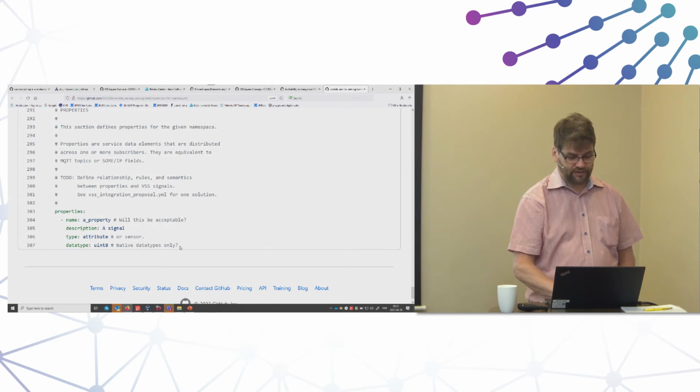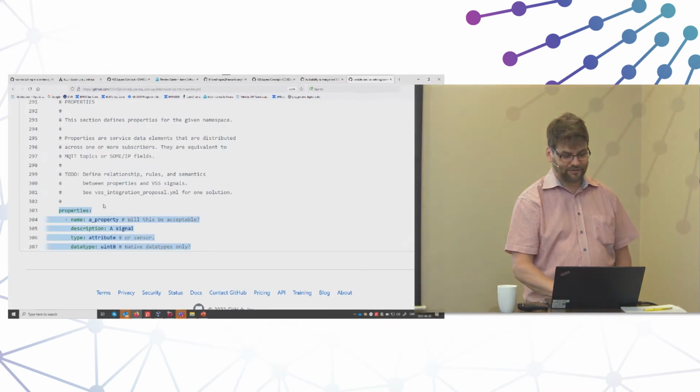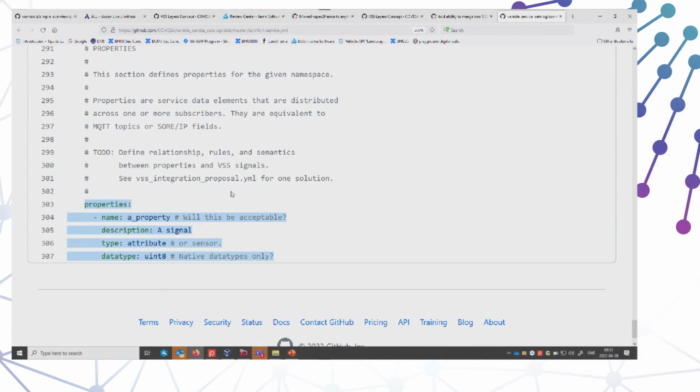And finally, still up for discussion here, you can see a bit of question marks, VSC intends to support properties as well, where you can have this attribute, sensor, these types of things too, so that theoretically what you have in VSS, a VSS model, could be fed into VSC. Maybe, I assume you don't want to duplicate it, but it could be dynamically